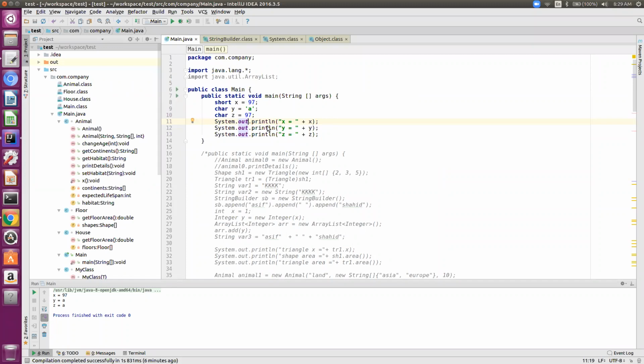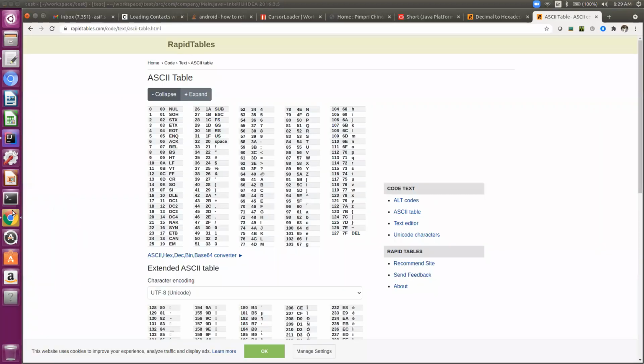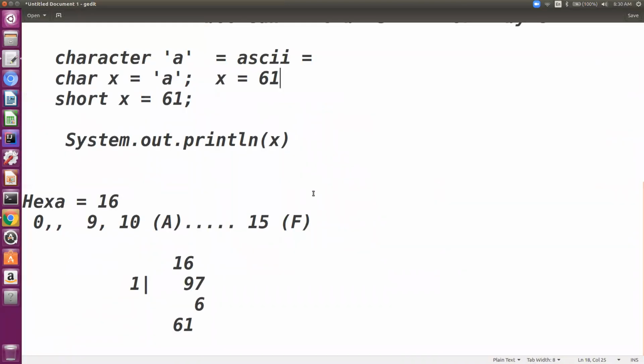Now let's look at the data types and variables basically. What are those variables? Variables, as in algebraic equations in mathematics, are used to store data. A variable is used to store data, and a variable's value can change depending on how you want to program it. Now, for example, in this code,